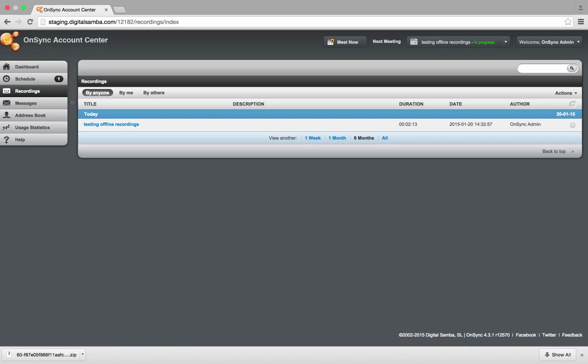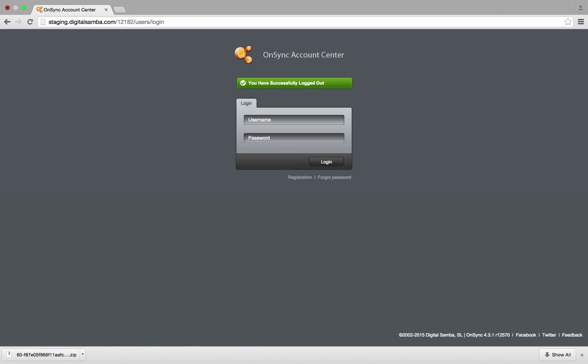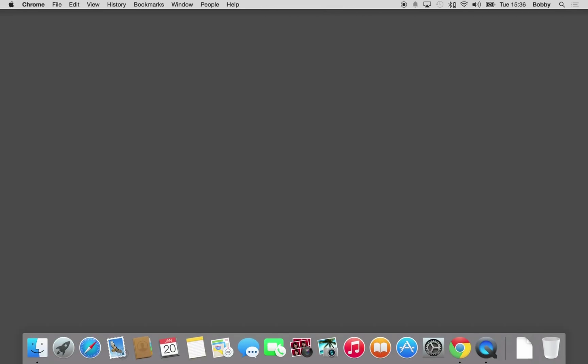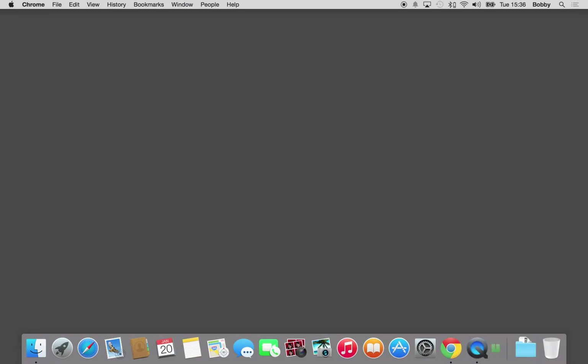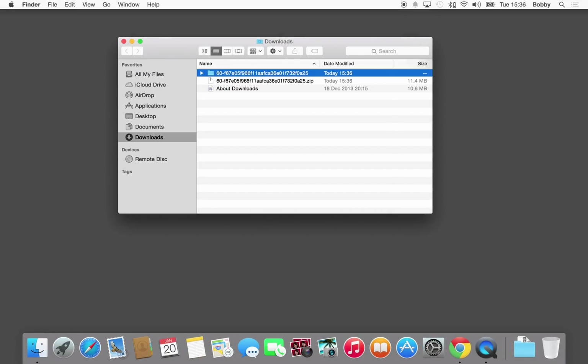So what I'm going to do now is shut down my OnSync browser. In fact, I'll log out here and close this screen. And now we'll have a look at my downloads folder. And in here you can see I've got this zip file, which I'll click, it'll unzip, and here it is. I've now got a folder with this. It's generated a random name here, but you can rename this to anything you like. Double click this, and then to view the recording, what you want to do is open this